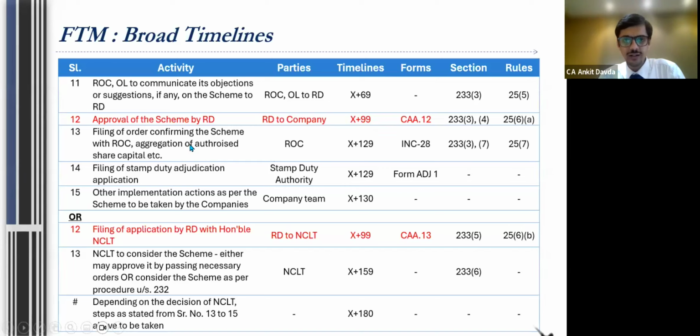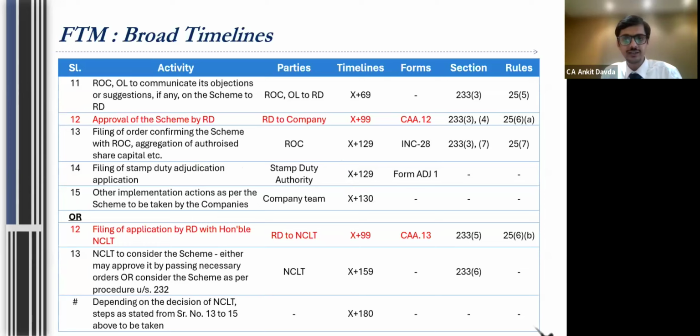And once we get the confirmation order from RD, there are post-approval formalities, which generally take 30 days. So like filing of INC 28 with ROC for aggregation of authorized share capital, and then stamp duty adjudication application and implementation of other terms. Like say, if you have to issue shares to the shareholders of the transferor company, and record other things. So all those things you will do within 30 days. So technically within 4 months, 120 to 130 days, this process can be completed,